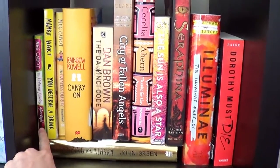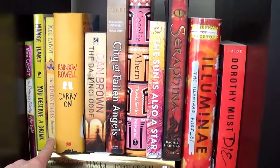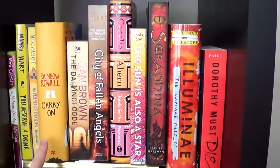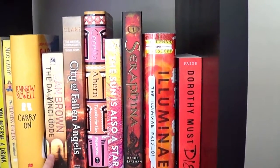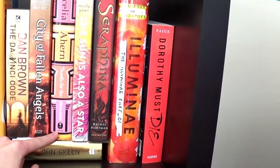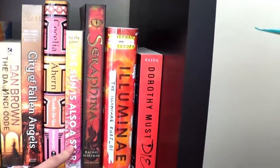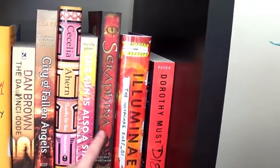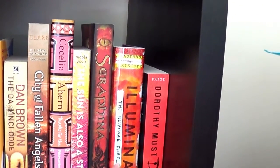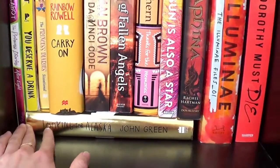Meg Cabot, The Princess Diaries After 8, Mamrie Hart, You Deserve a Drink, The Princess Diaries Sixational by Meg Cabot, Carry On by Rainbow Rowell, The Da Vinci Code by Dan Brown, City of Fallen Angels by Cassandra Clare, Thanks for the Memories by Cecelia Ahern, The Sun is Also a Star by Nicola Yoon, Serafina by Rachel Hartman, Illuminae by Amie Kaufman and Jay Kristoff, Dorothy Must Die by Danielle Paige, and Looking for Alaska by John Green,